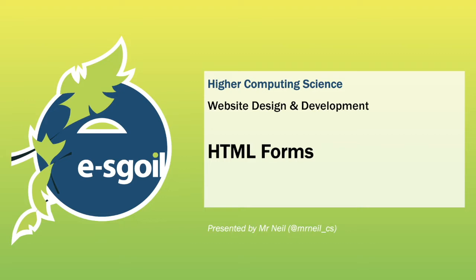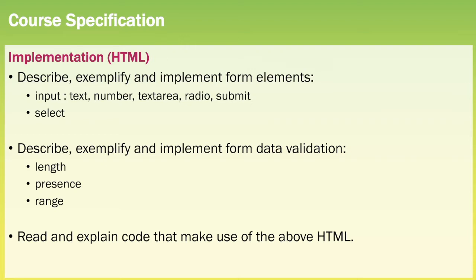In this video we're going to be looking at HTML forms from the Website Design and Development Unit of Higher Computer Science. For HTML forms, you need to be able to describe, exemplify and implement them, and we need to implement all the different elements that can be used to make up a form. And these are various different inputs including text, number, text area, radio and submit, and lastly select. And we also need to be able to describe, exemplify and implement a variety of different validation, including length, presence